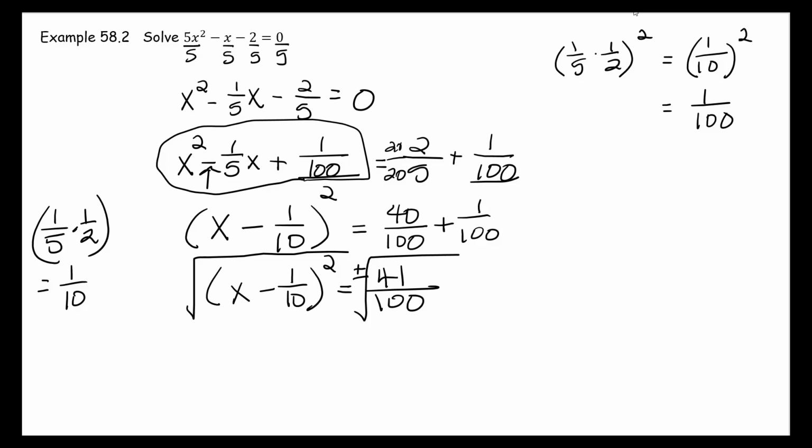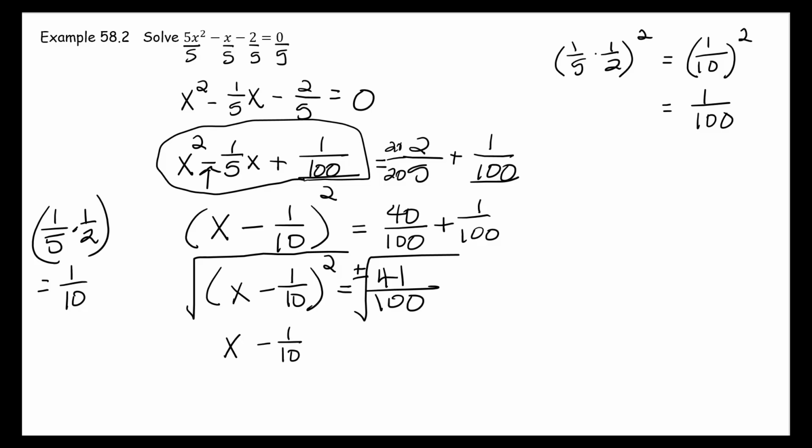We only put the plus or minus when we take the square root on both sides of an equation. Some of you have been putting plus or minus when you square both sides of an equation. That is not a true statement. So you need to put plus or minus only when you take the square root on both sides of an equation. So on the left side, the square root cancels out the square, and we end up with x minus